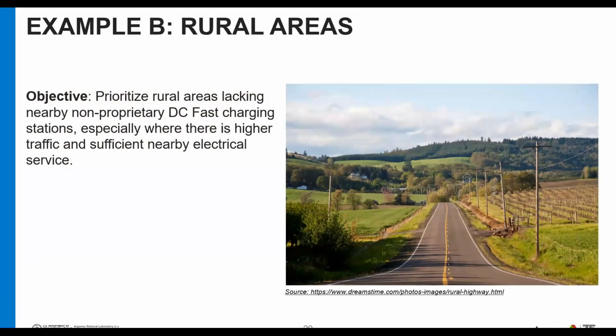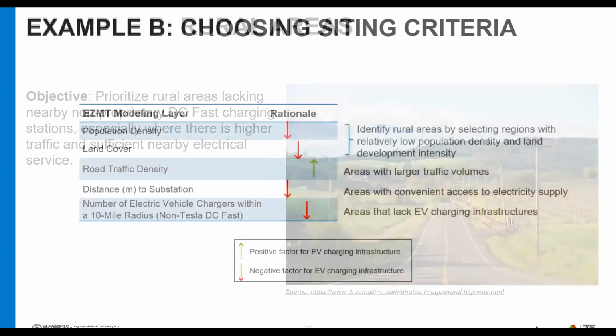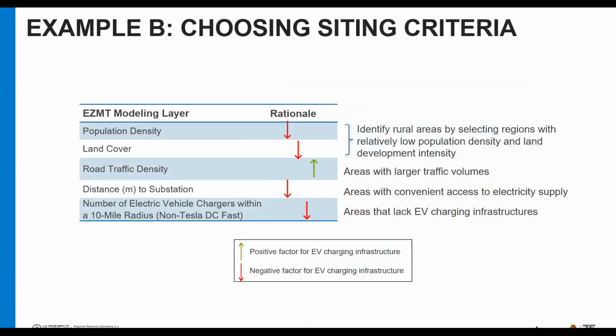Okay, thank you. The second example is focusing on rural areas. For this one, we want to fill in the gaps in rural areas and provide DC fast charging stations for rural residents. Because of the different objectives, we also choose different modeling layers to do the